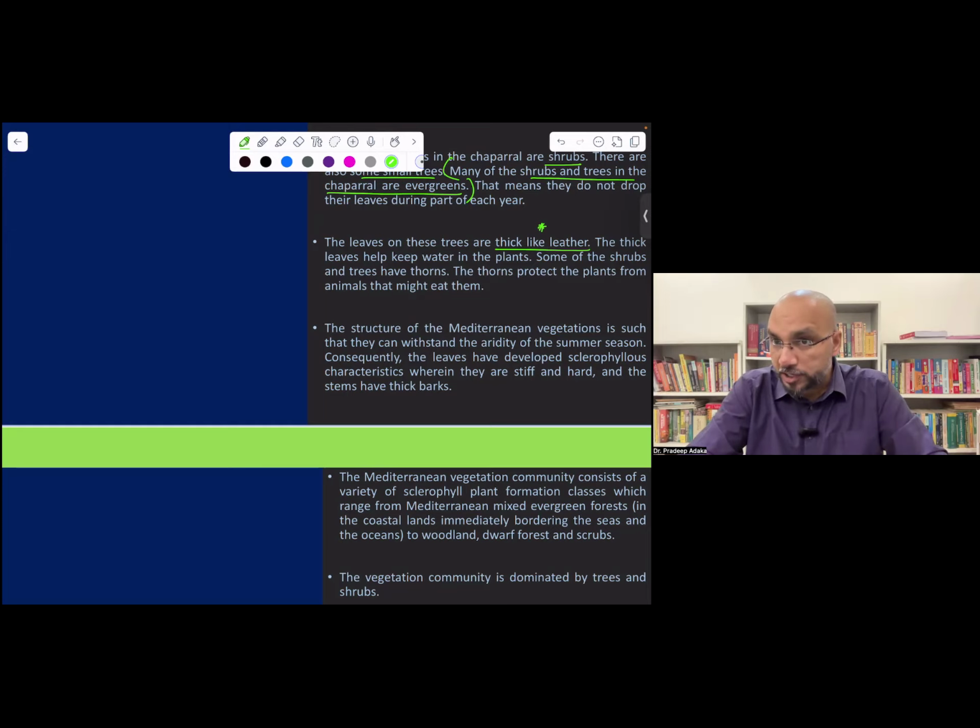Because in winters, in autumns, in temperate deciduous forest, you see leaf fall because winters are very cool, moisture is not available. If at all there is a precipitation, it is in the form of snow. So readily available water is not there. It might be available, but it is in the form of snow. Plants cannot absorb water, which is in solid state, right? So shedding of leaf happens in autumn because of the lack of moisture, to preserve moisture.